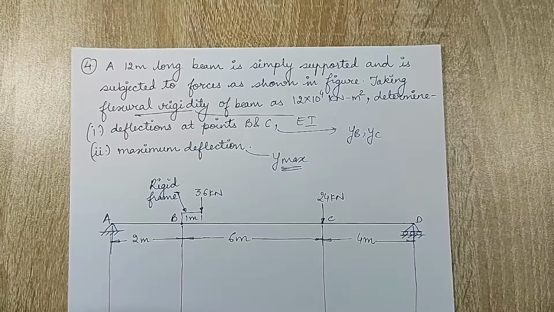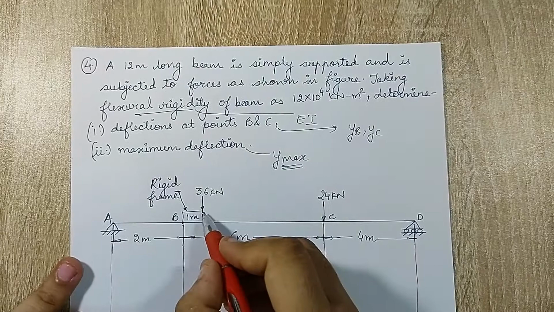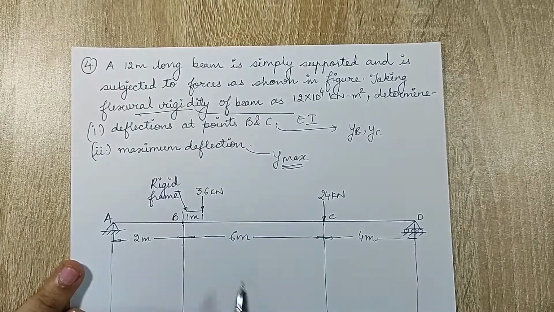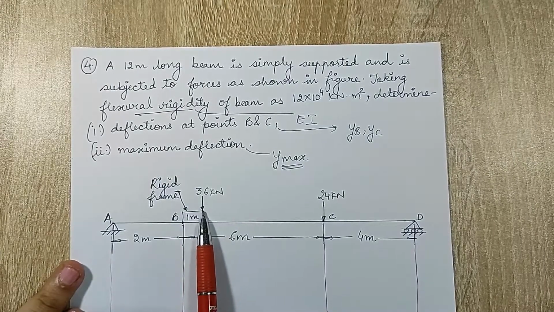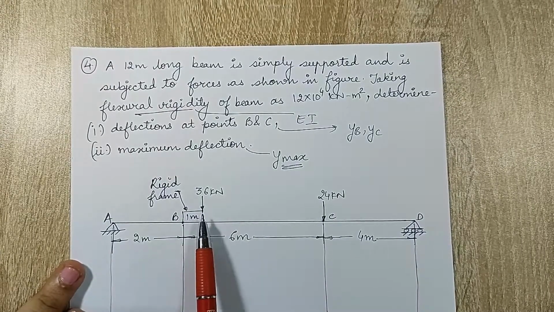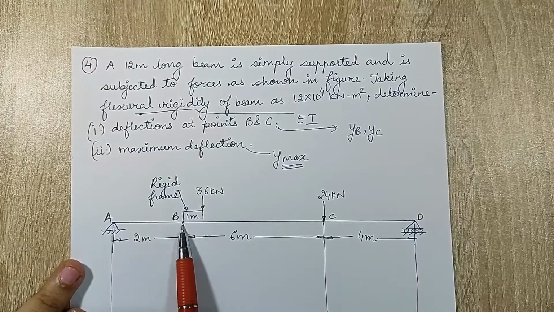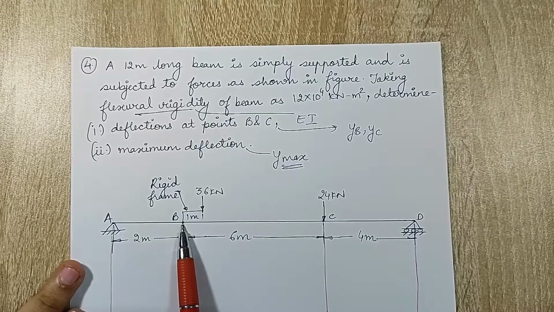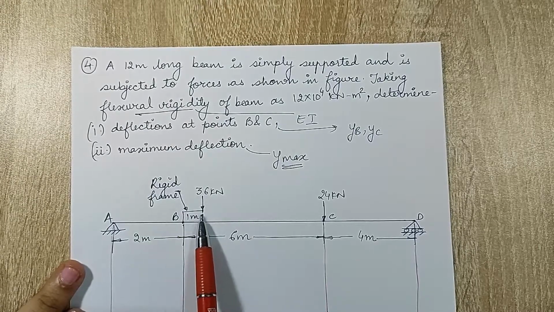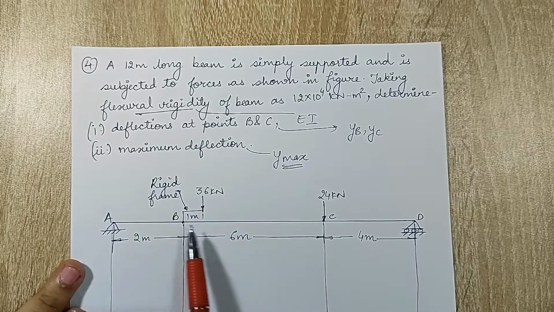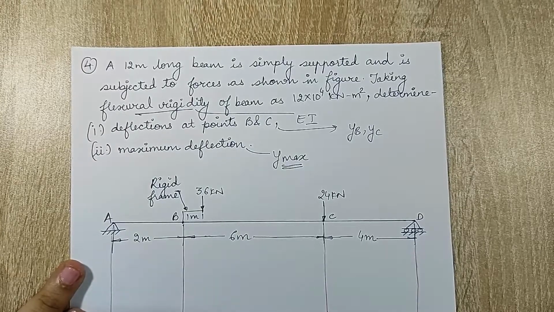Now the interesting part is point B. If you look at point B, there is a rigid frame on which a load of 36 kilonewton is applied. This rigid frame is actually going to be an eccentric type of loading. When I see the effect of this 36 kilonewton on point B, what we see is a load of 36 kilonewton and also a moment, because this 36 is at a distance of 1 meter, which will cause a turning effect. So there will be a moment at this point in the clockwise direction, because this is turning clockwise.